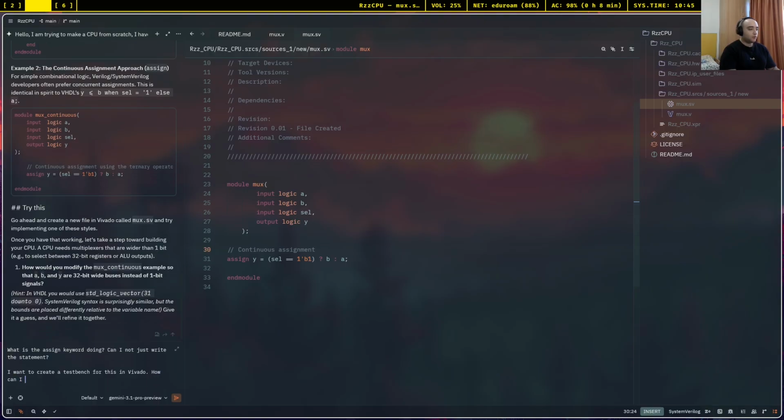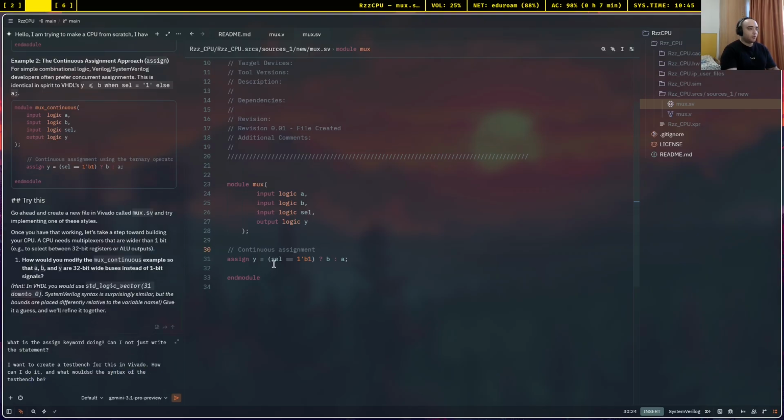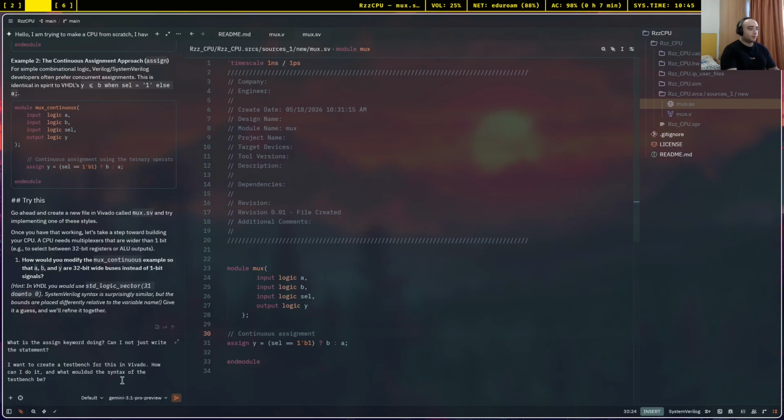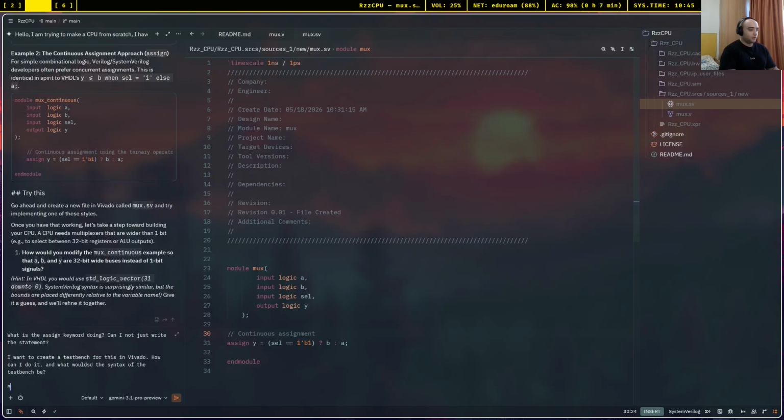How can I do it? And what would be the syntax of the test bench? Moreover, what is this timescale command? What is this timescale command of